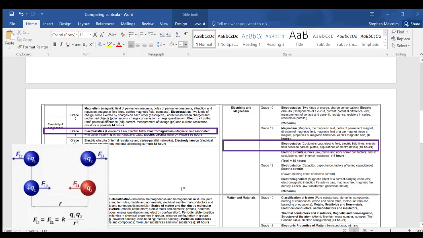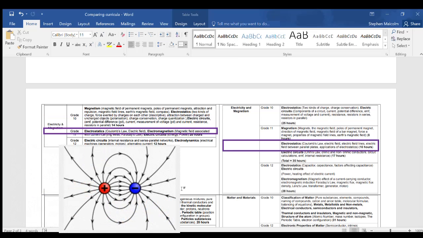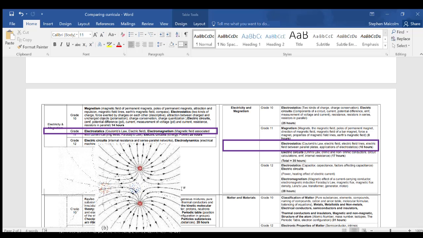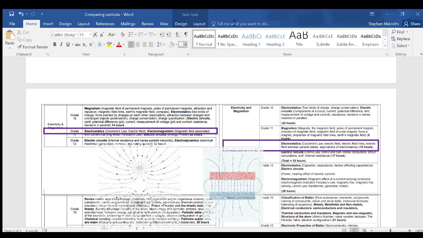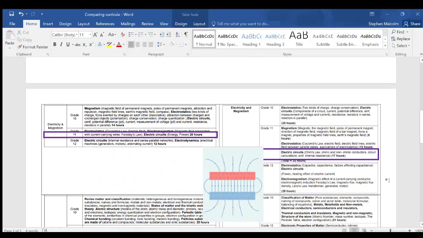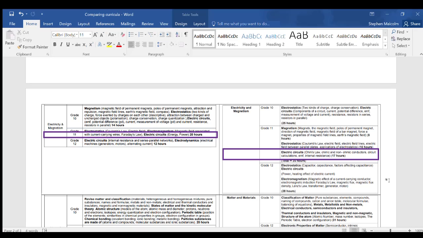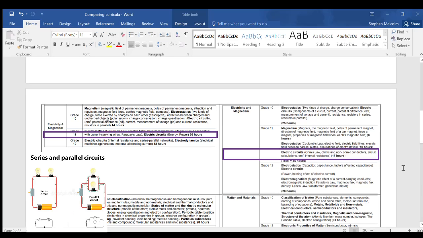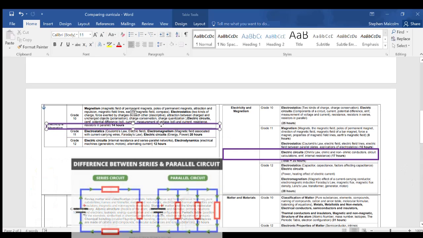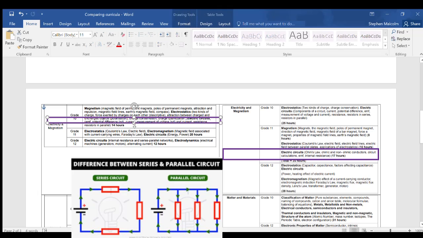Then in grade 11 in Physical Sciences, electrostatics is looked at again, this time in terms of Coulomb's law and electric fields, and the same has been done in the Technical Sciences. They give a little bit more detail here, such as including the electric field between parallel plates. Then electric circuits is looked at again in grade 11, this time looking at heat, power and energy,